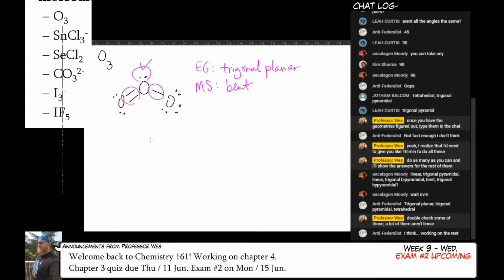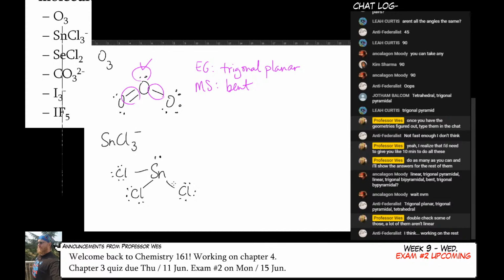All right, what's the next one? SNCl3. Really, the trick is going to be, can you draw the Lewis structure clearly enough that you don't confuse yourself? And in the next section that we're going to do when we talk about polarity after the break here, that's going to be really important that we draw our shapes very well.